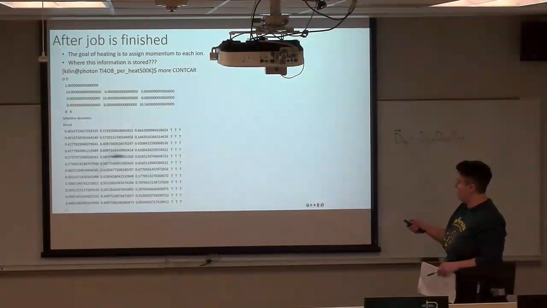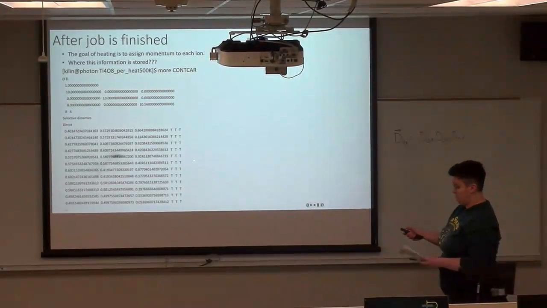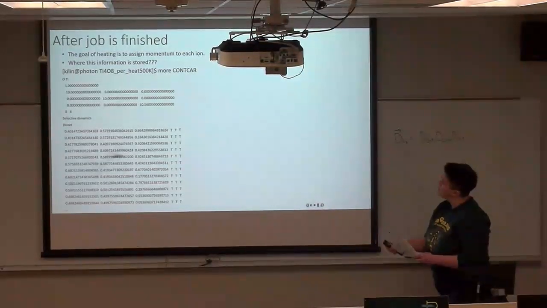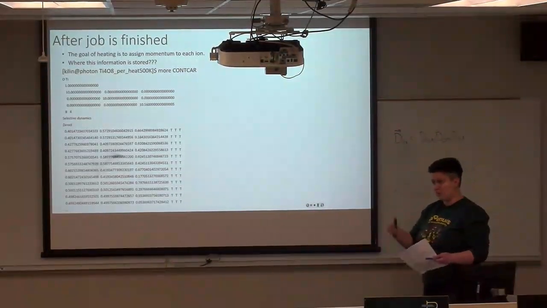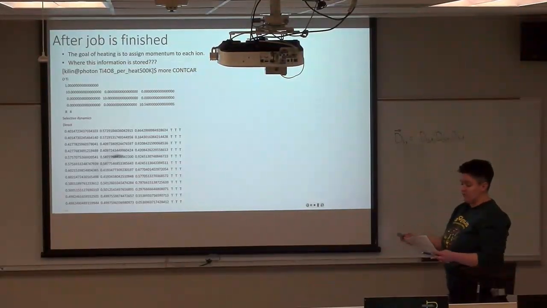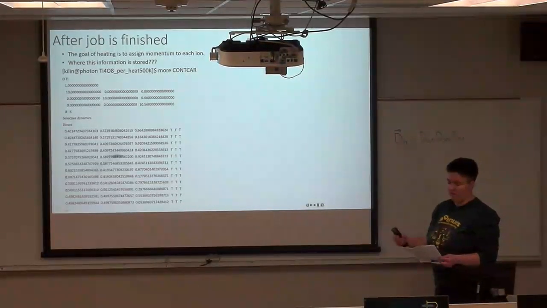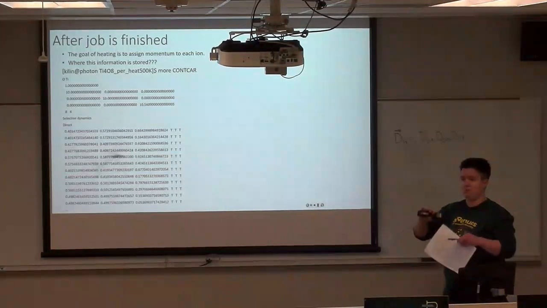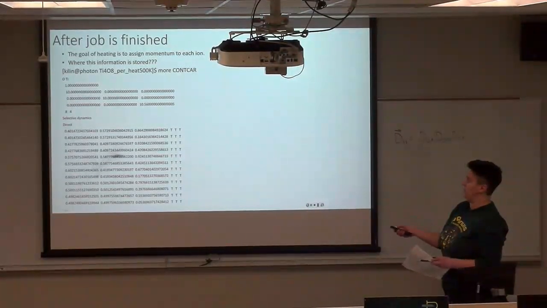So as we had talked thoroughly about what all this means, and then we have the position, the transit position of the ions throughout the run. I didn't mention this before, but just to take a step back, for folks that are wondering, the really simple definition of molecular dynamics is that it allows one to predict the time evolution of a system of interacting particles. Just a really easy way to remember that. So just know that's kind of what we're doing here.